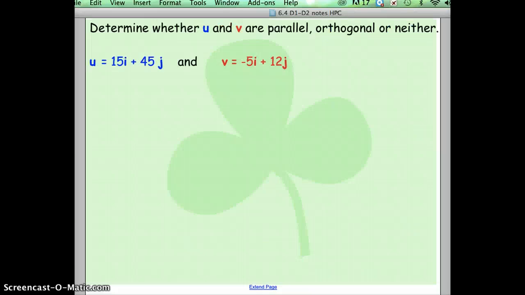So let's check this example. If you don't like the i's and the j's, you can change it into component form. So 15, 45. And we can change this one into -5, 12. Okay. Are they